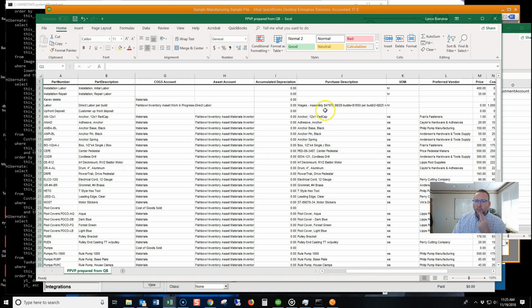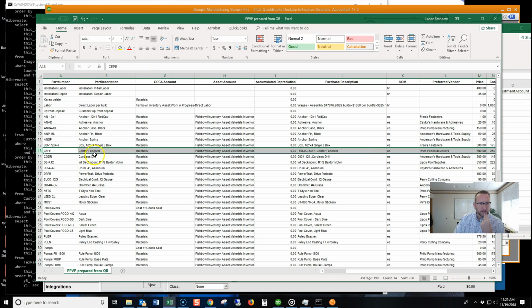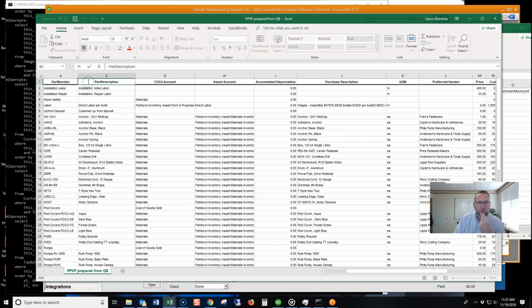This purchase description is what shows up on the purchase order. And there are some slight differences, it looks like. Center pedestal, PD center pedestal. I'm almost looking at this to be product description, and this the